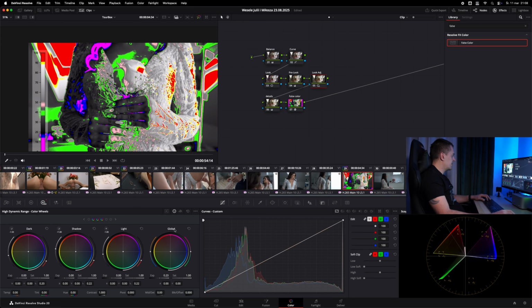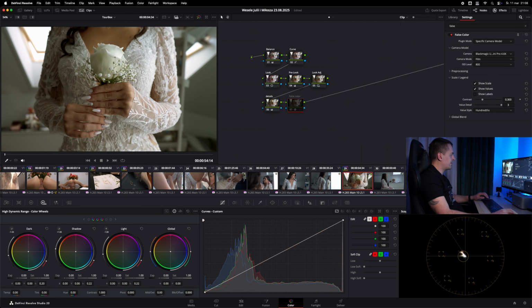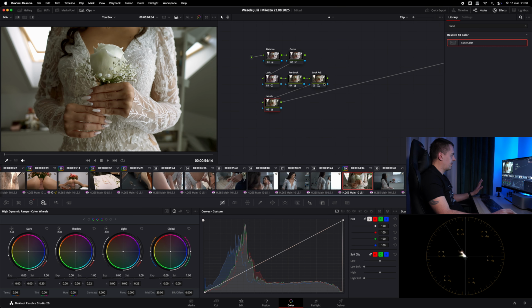So look adjustments, our HDR palette, exposure, and let's move it until we lose the reds on our subject. There it is. And disable. Look, now it's perfect. No burnouts, nothing. And here we can delete this node. We don't need that anymore.